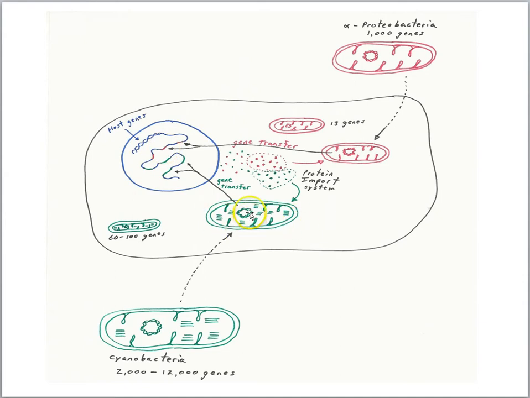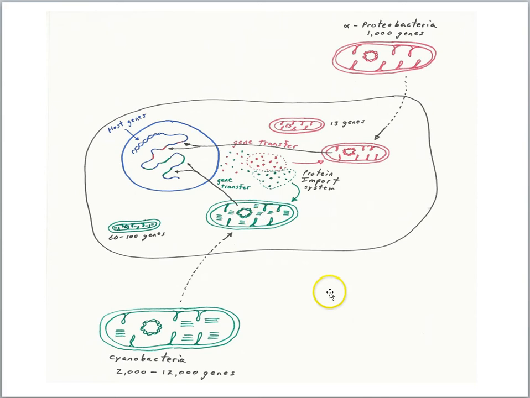And likewise with the chloroplast. So the cyanobacteria that may have been engulfed but not digested might have had 2,000 to 12,000 genes, but today's chloroplasts have 60 to 100 genes in the DNA. Again, many of the genes got transferred to the nucleus. So here we have a situation where originally they would have been, in a sense, living cells that just found a new home, but over time, due to this transfer of genetic information from the mitochondria and the chloroplasts, they became dependent on the host cell.